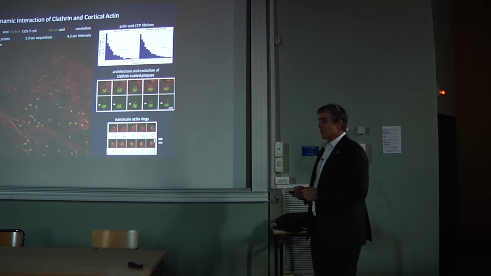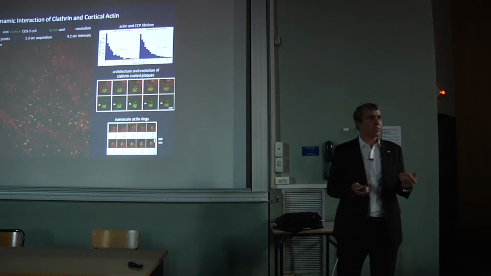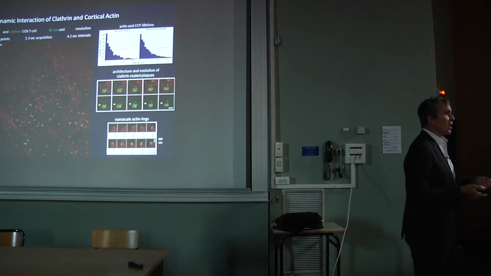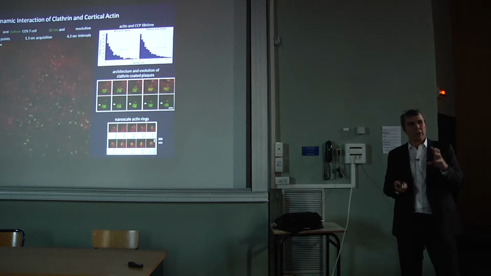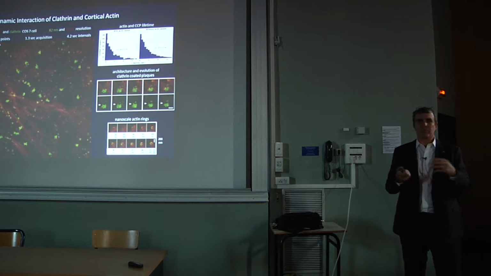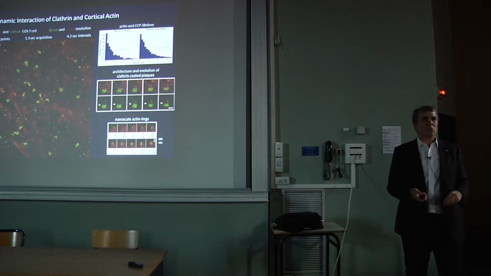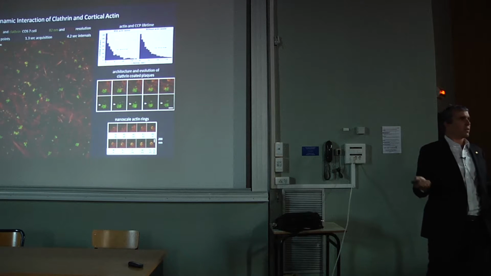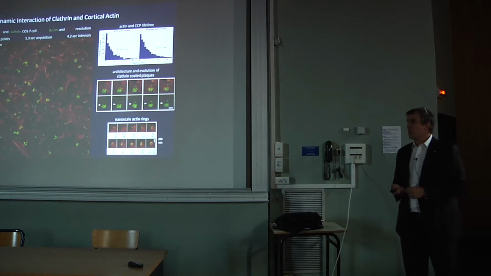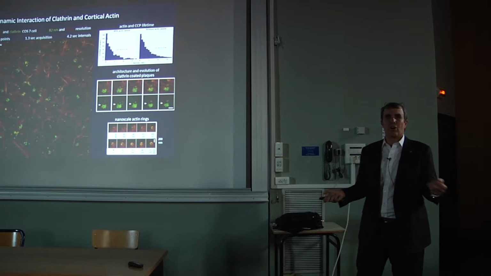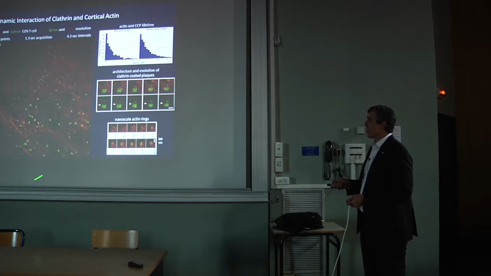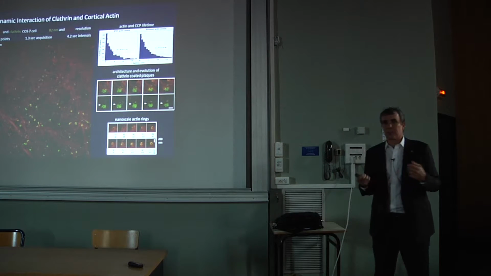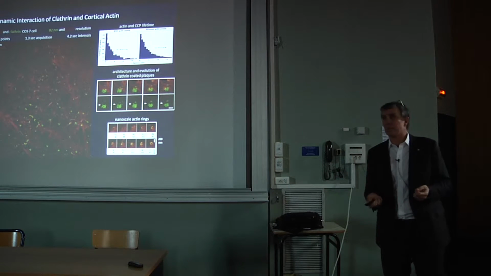So another thing that's nice about SIM as opposed to the other super resolution methods is STED, RESOLFT, PALM, and STORM all require exotic switchable labels or something that can take the gigawatts per square centimeter without immediately going dark. Whereas with SIM, you can use any off-the-shelf fluorescent label, so it's easy to do multicolor imaging. So here's an example where we're looking at a combination of clathrin and actin.